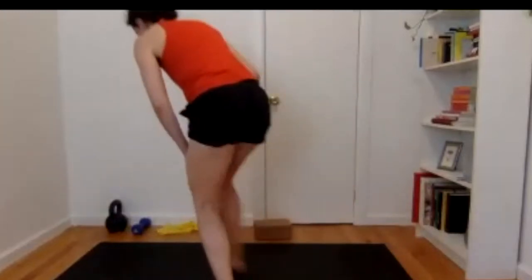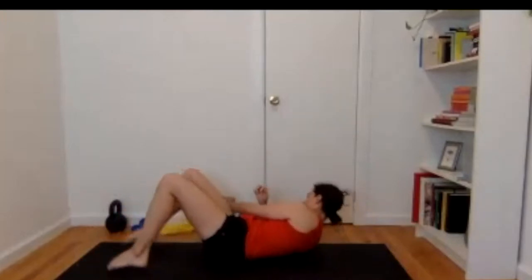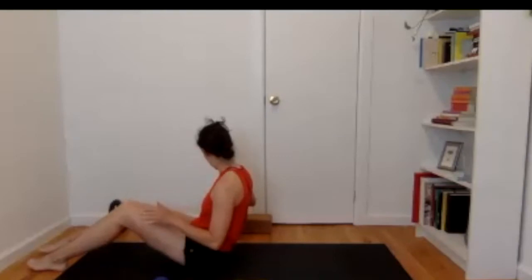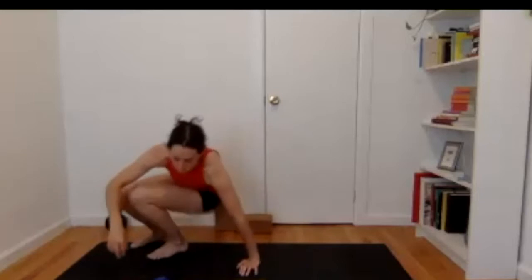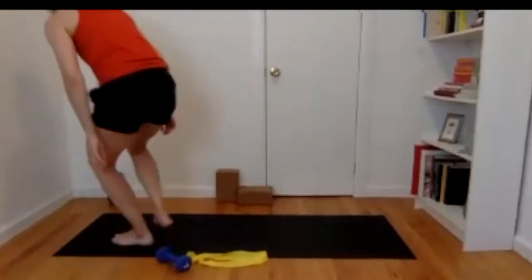So we'll start on the back today. And if you have a resistance band, you can have that close by. If you have one small hand weight, you can have that close by for a little later, easy access. Good, and when you're on your back,